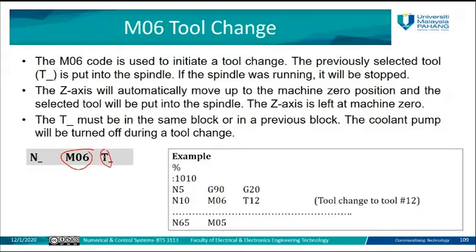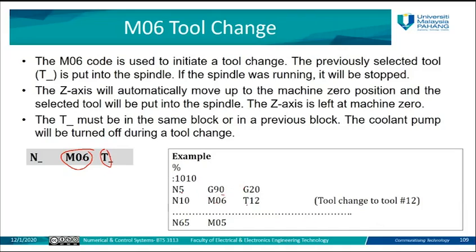So this will be used to change the tool here. M06 T2 means I'm going to use tool number 2. M06 T3, I'm going to use tool number 3, and so on. As you can see here, tool change to tool number 12, I use M06 T12. The main thing you need to consider is that only one M code should be in the